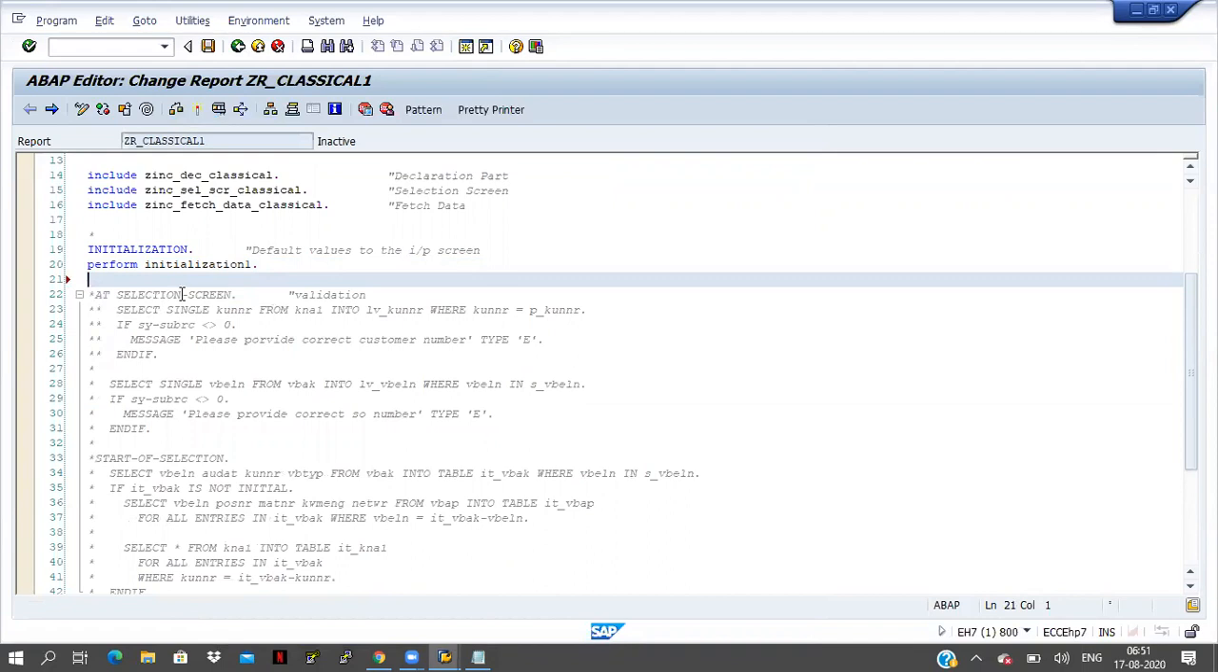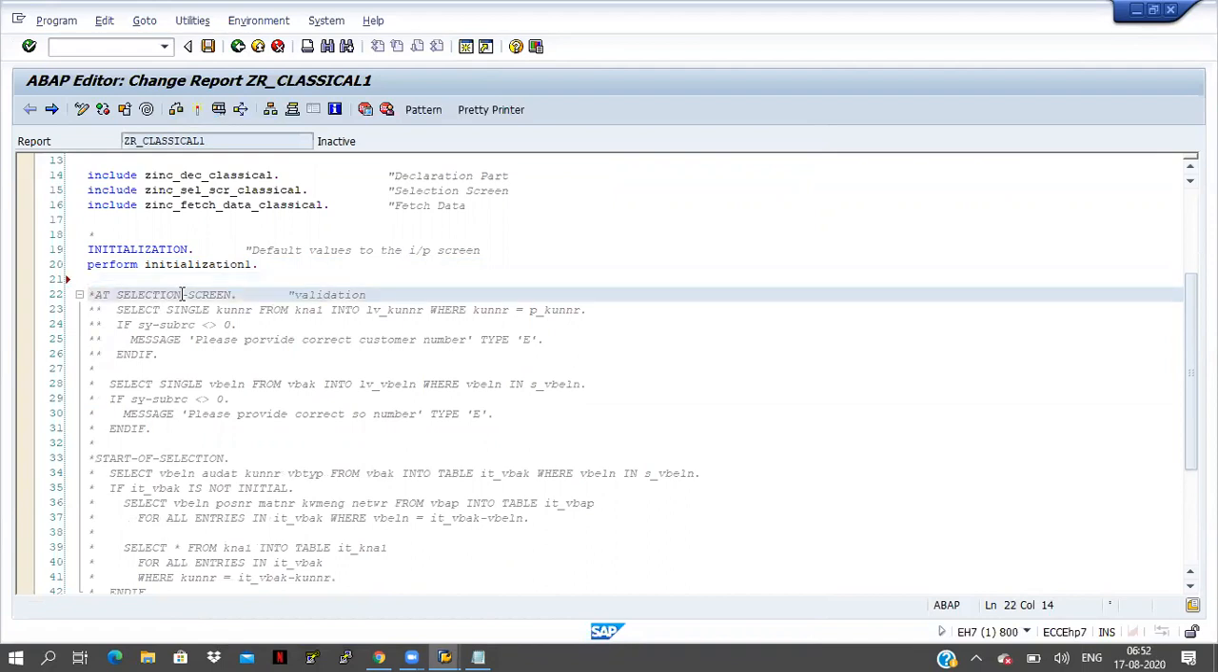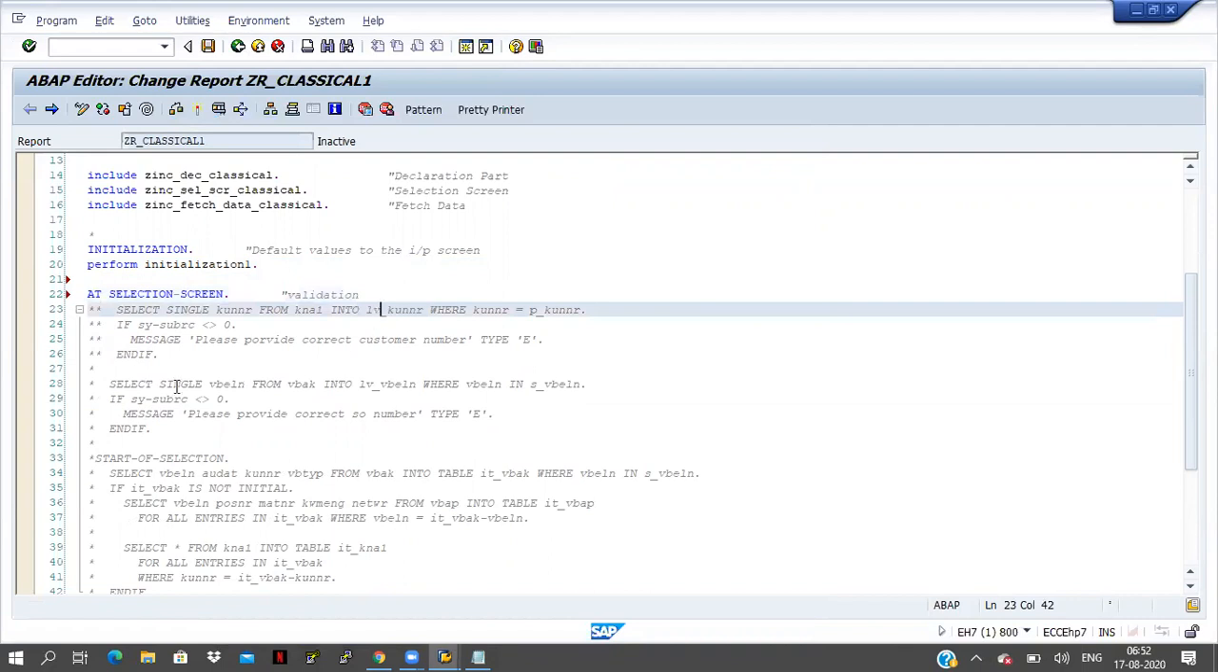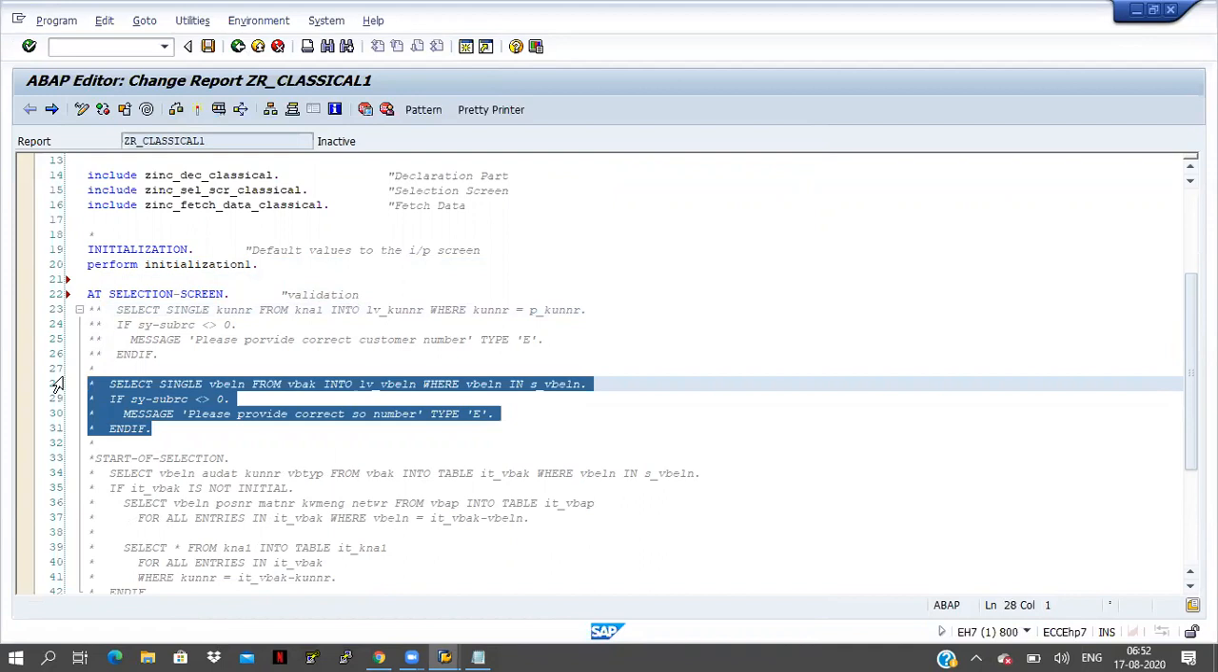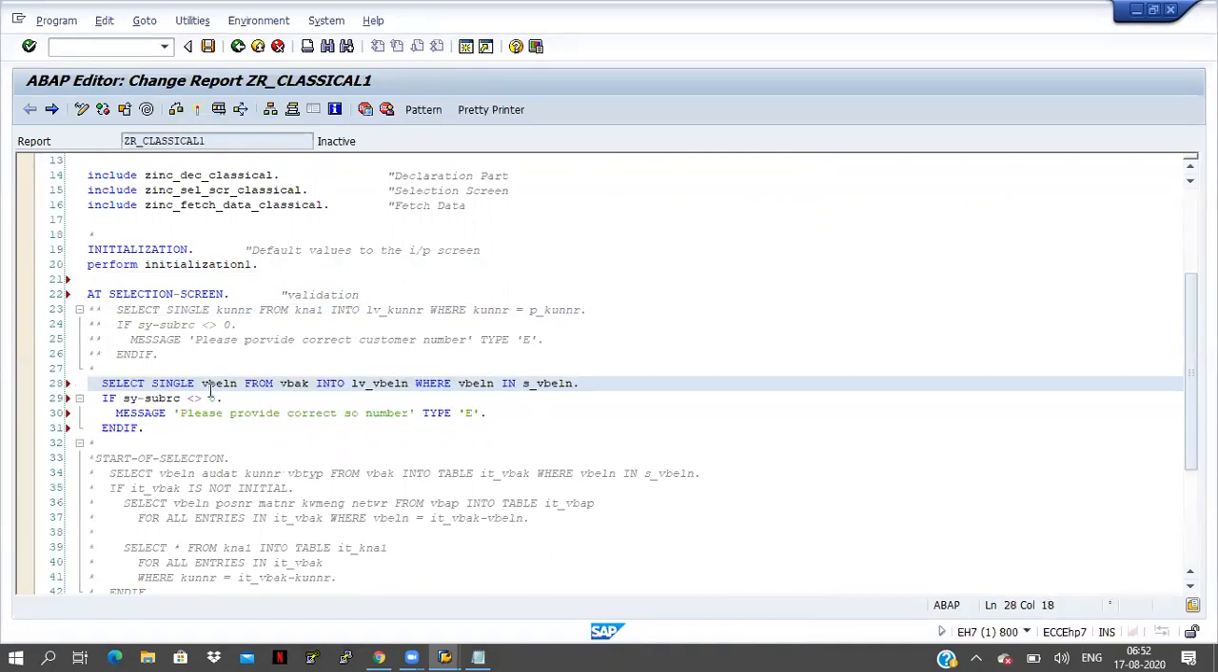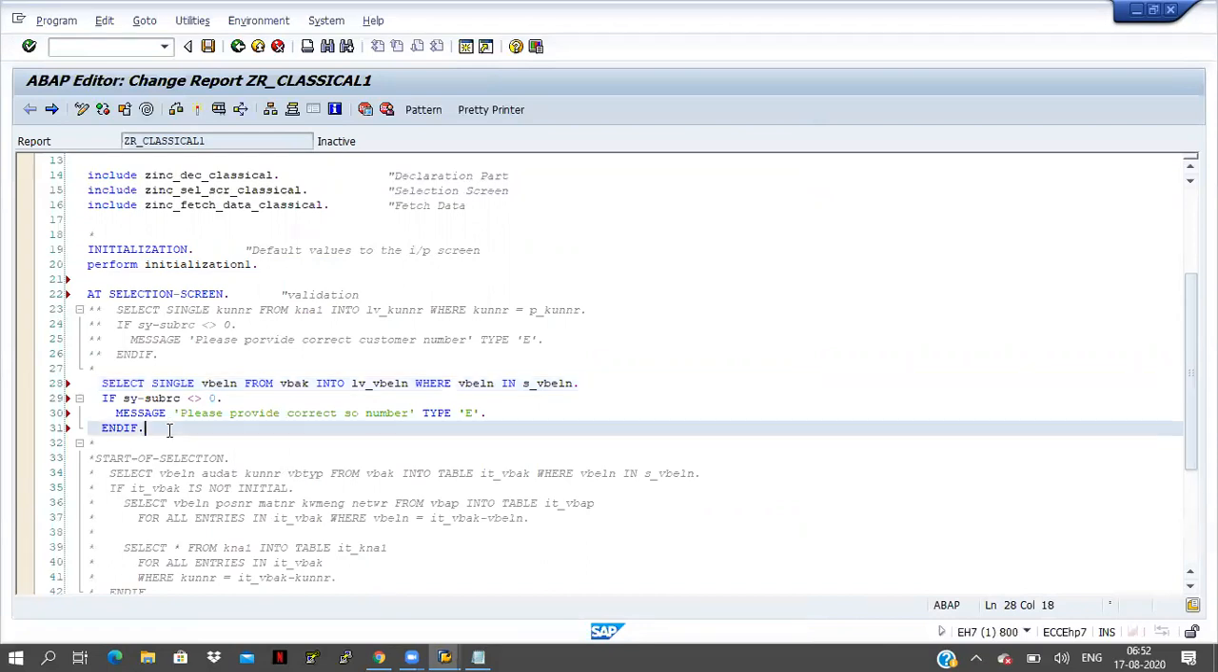Okay, now these are things I don't want now, so I'm removing the code here, and at selection screen is there. Just uncomment that one also. And here is the validation for VBELN. I'm doing some validation for the VBELN input field. So just cut it,